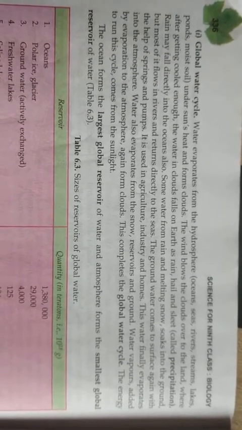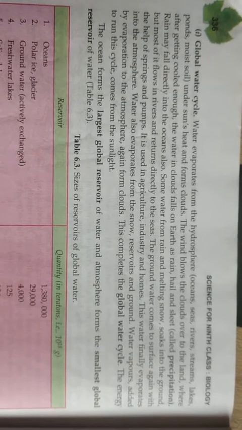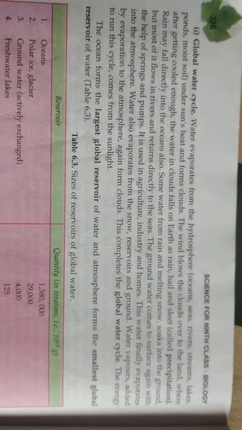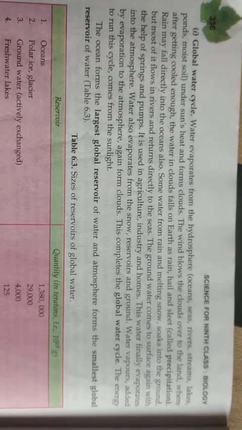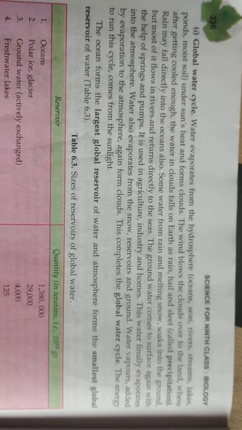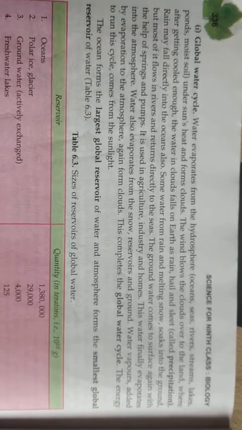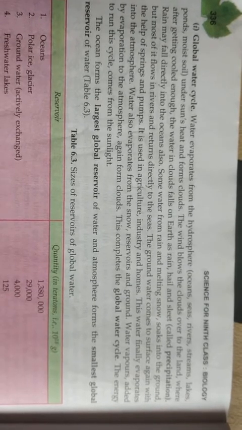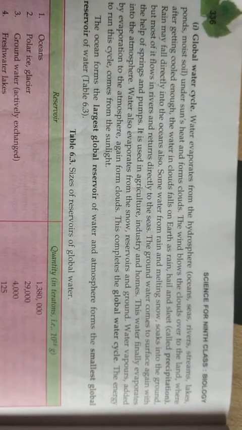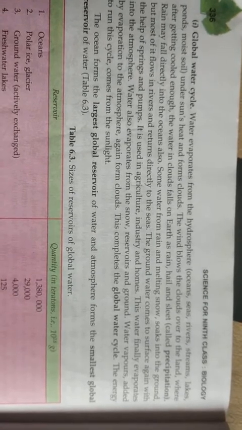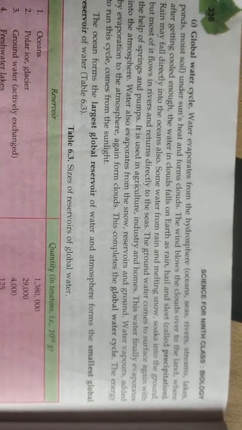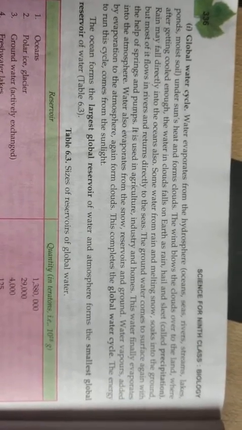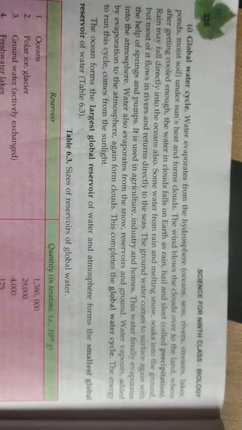The evaporation of water takes place from the different water bodies, they form the clouds, and it falls down in the form of rain. That is again utilized by the organisms, but that is not connected to the global water cycle. The water which has mixed with the oceans again and again evaporates and falls down. That is nothing but the global water cycle.